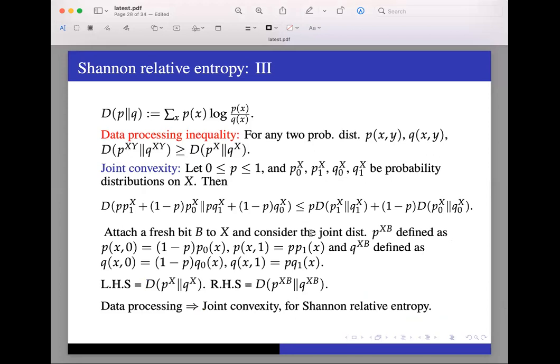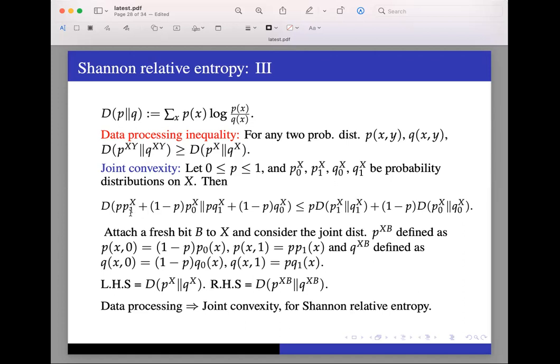Here is another property of relative entropy. Often people state it as a different property, but I've chosen not to do that, just to illustrate that even this property follows from the data processing inequality. This is just to give an idea of how powerful data processing is. This property is called joint convexity of relative entropy. Let us say I have these four probability distributions, P0 and P1, and Q0 and Q1, distributions on X, and p is some number between 0 and 1. Then I can think of this probability distribution. So this is a convex combination.